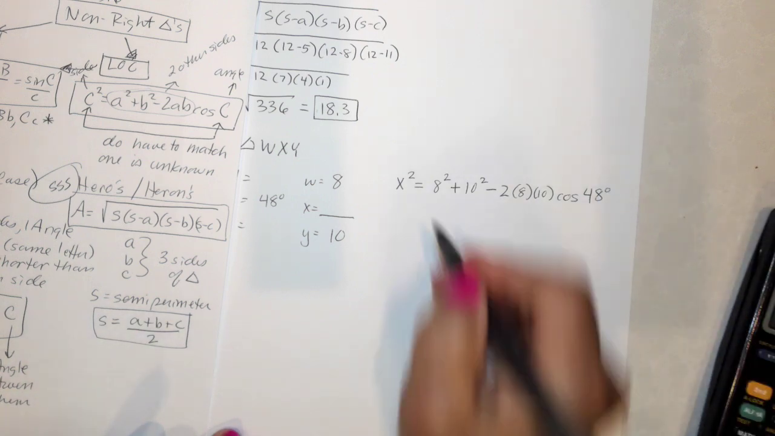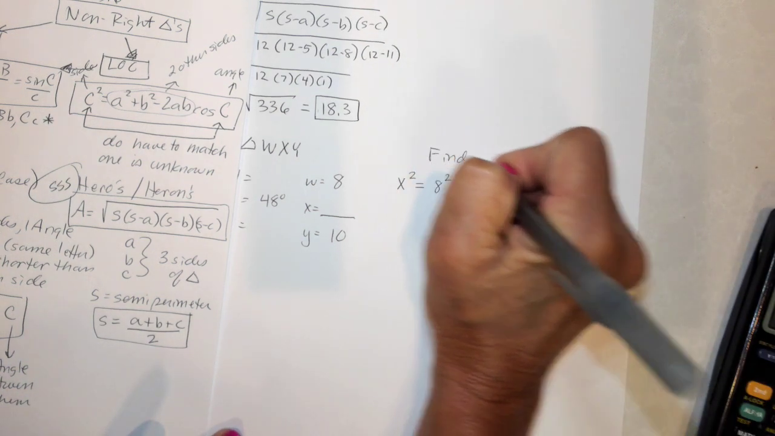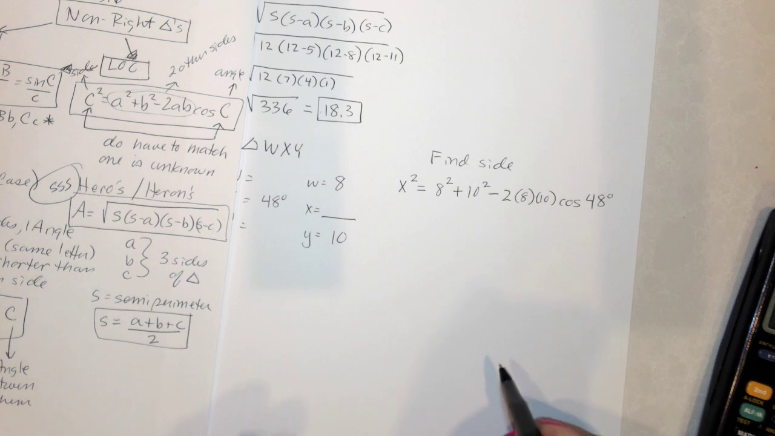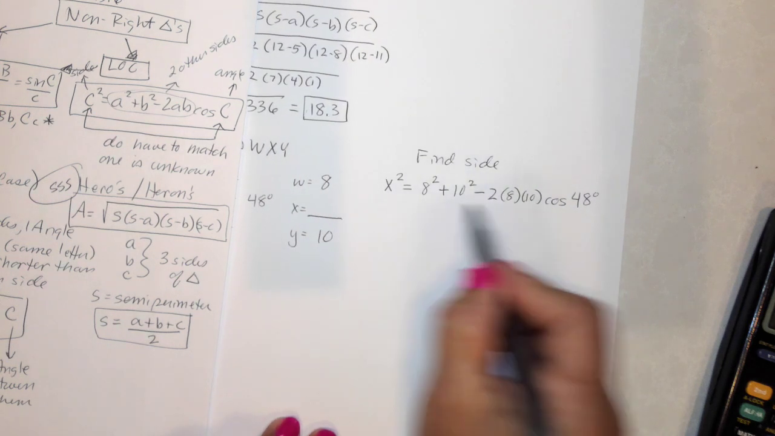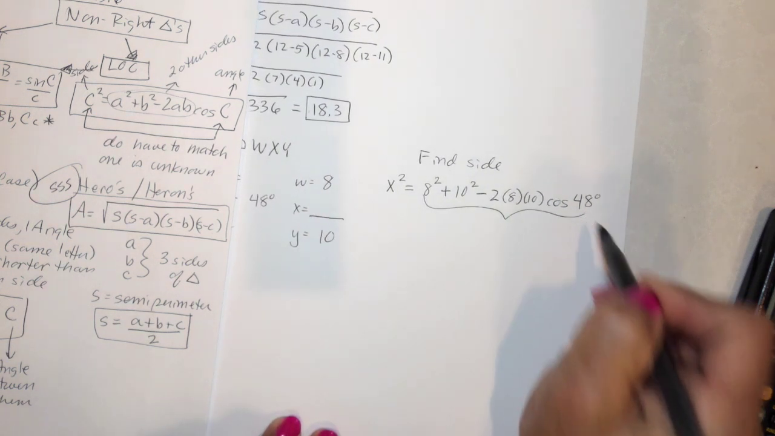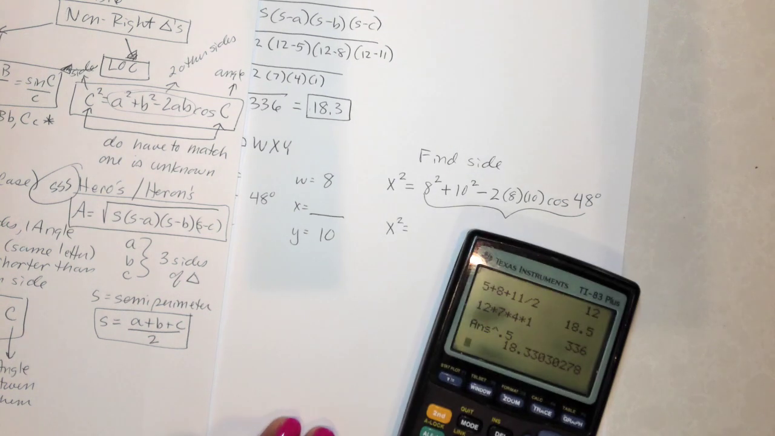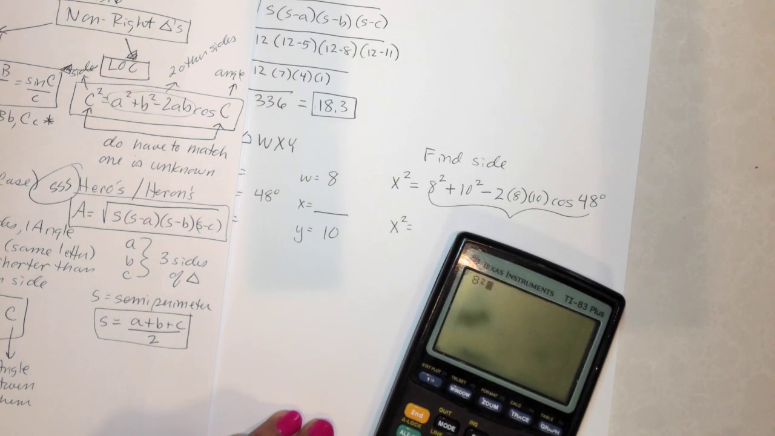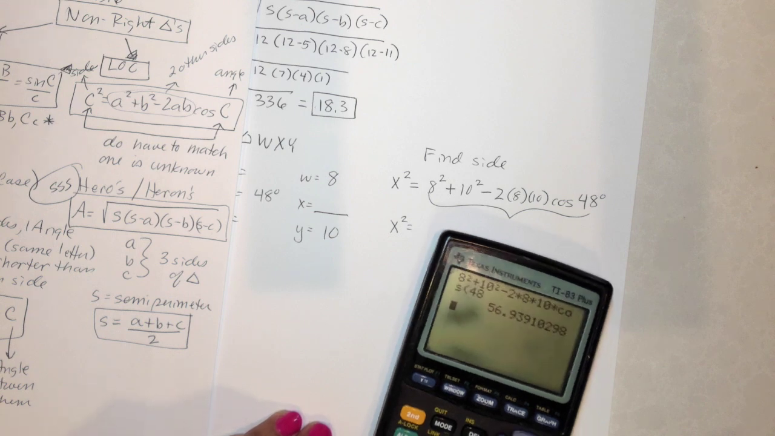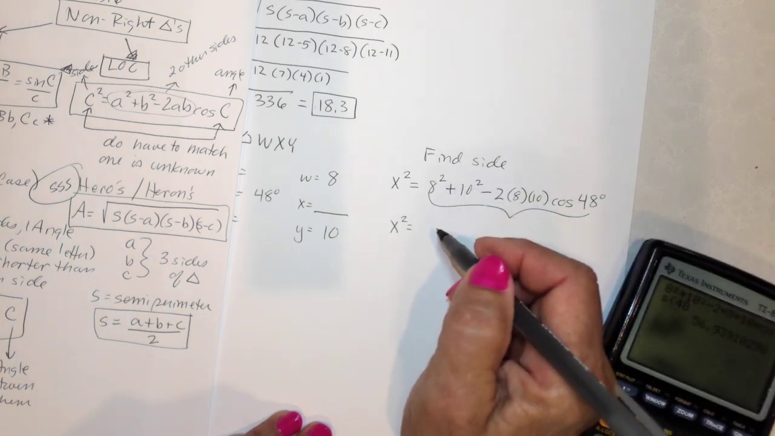Now, this one is easier. So this is when I'm going to find a side. This is my unknown, and everything over here is a number. So you type this whole big giant thing into your calculator as one. So I'm going to go 8 squared plus 10 squared minus 2 times 8 times 10 times the cosine of 48 degrees. So my x squared comes out to be